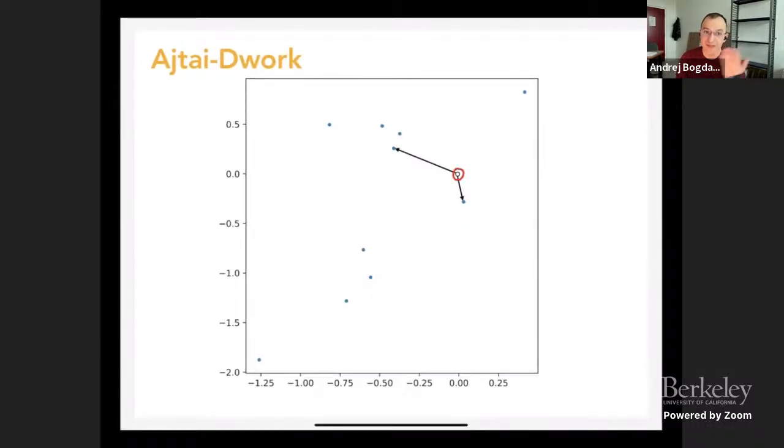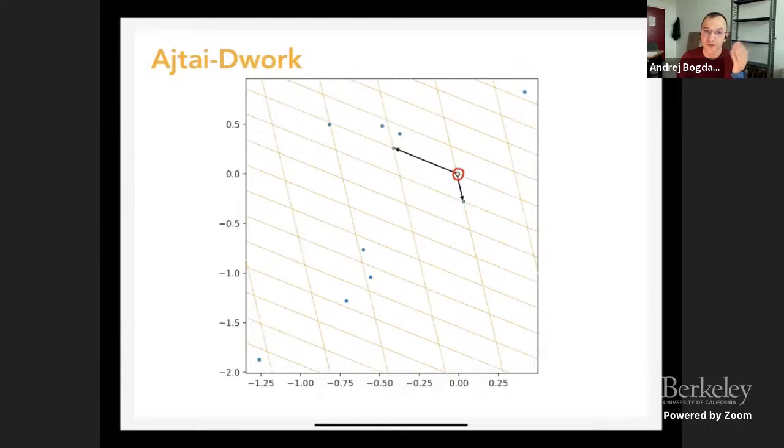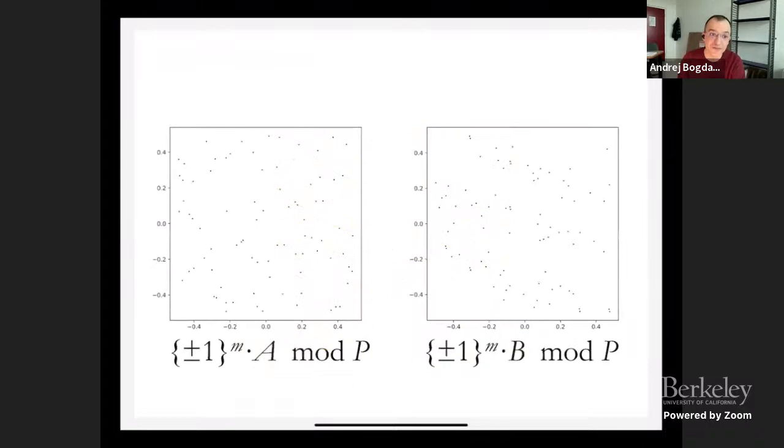And then instead of doing all these +-1 combinations over the reals, they do everything modulo this lattice, which is generated by these two vectors, just some two points. So now you can think of it this way: these blue points fall in different parallelepipeds, but I'm going to work modulo the parallelepiped. So I'm going to put them all in the same one and then see what happens to the distribution. And this is again the picture that we get.